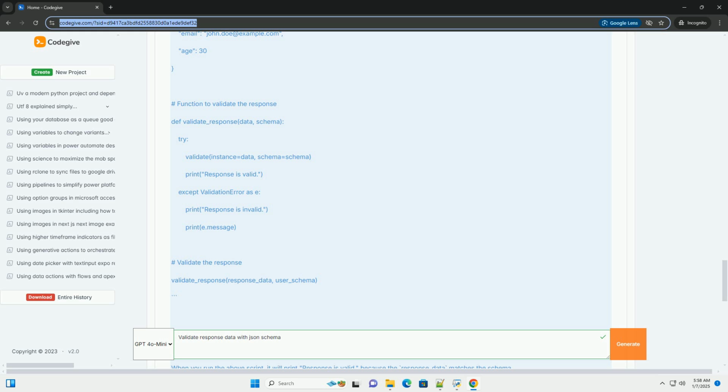5. Example. When you run the above script, it will print "response is valid" because the response_data matches the schema. If you modify the response_data to something invalid, such as, and run the script again, it will print